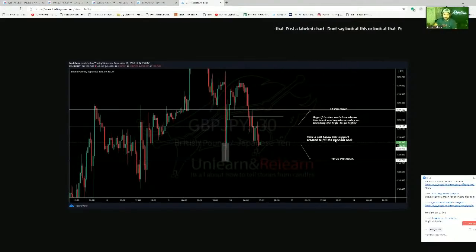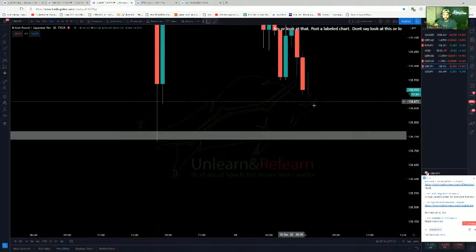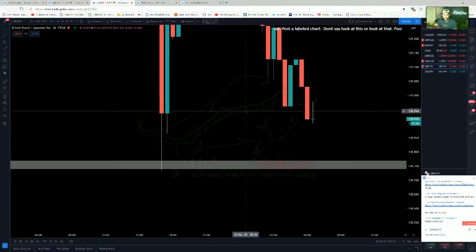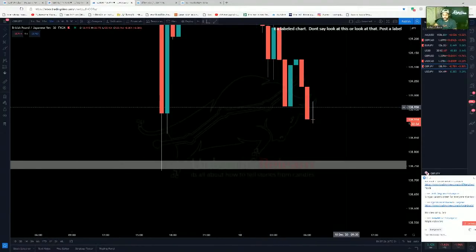Take a sell below the support created to fill the previous wick. That's exactly my idea here as well. Or buys if broken and close above this level, and an impulse entry on the break of the high time frame above here. We'll have to wait and see what happens, because if we break below, then we can continue going up. But if we can create a support above 138.950,